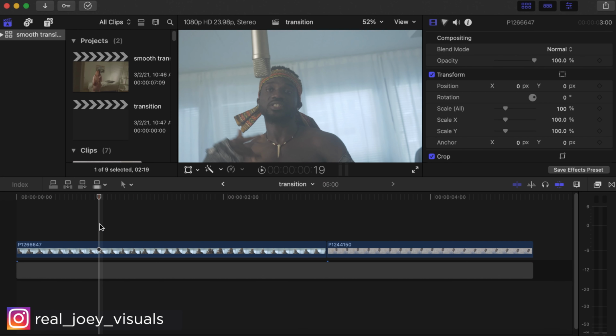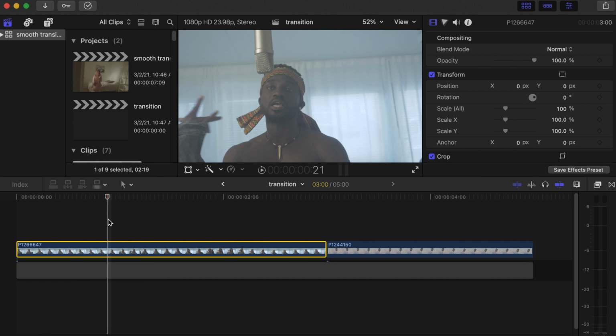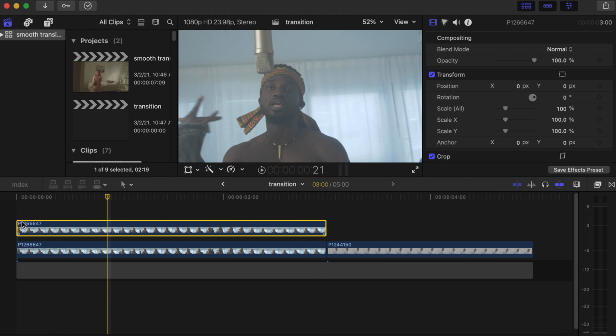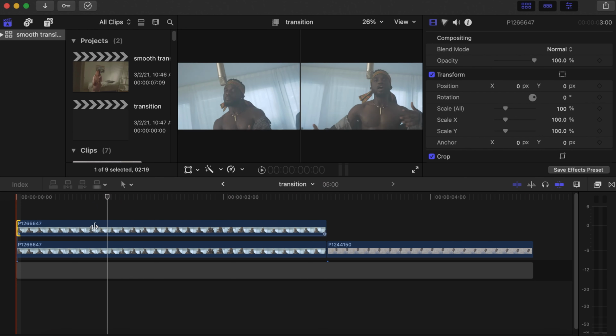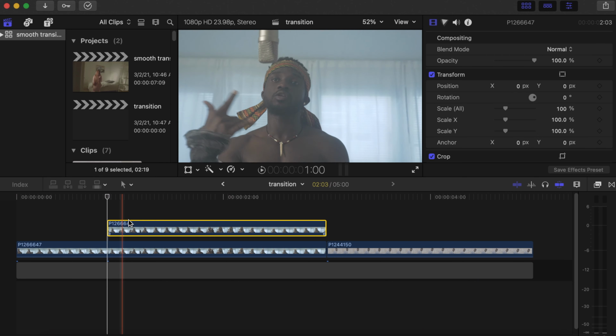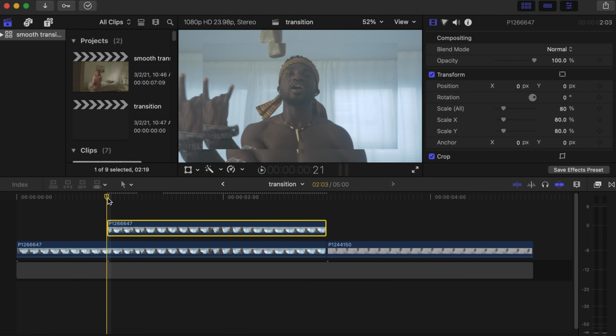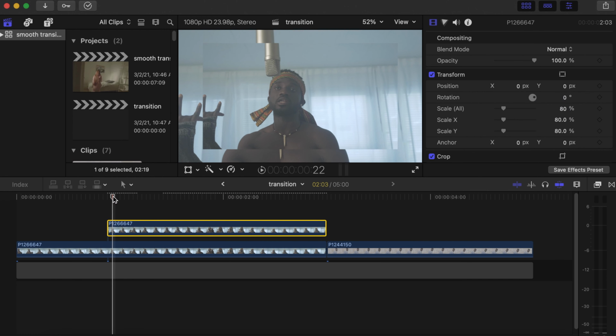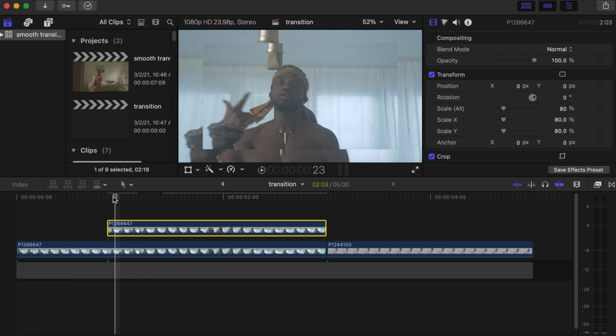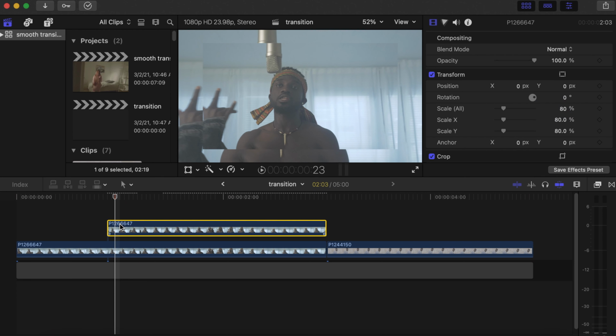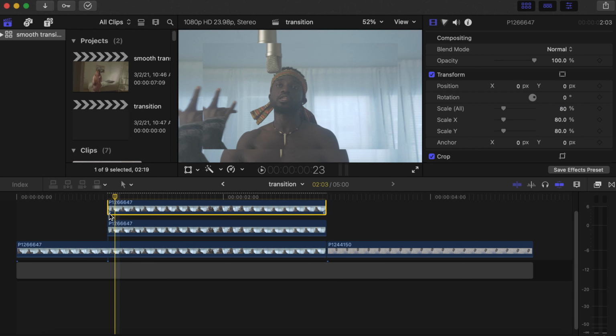So you go to the first clip where you want the transition to start from, where the beat hits. You go there, make a duplicate of this video, drag this side to where it starts, then go to transform, change it to 80%, then go 5 frames forward or where another beat hits, go there, make a duplicate of this,